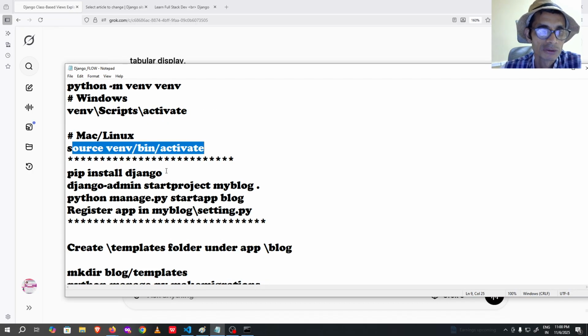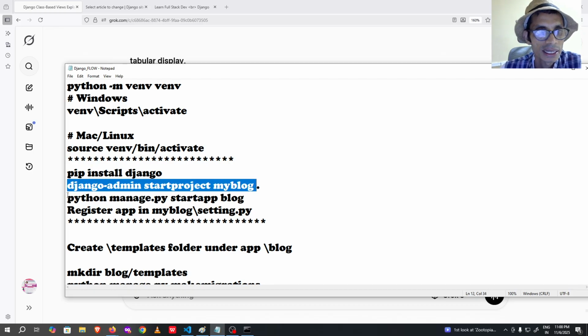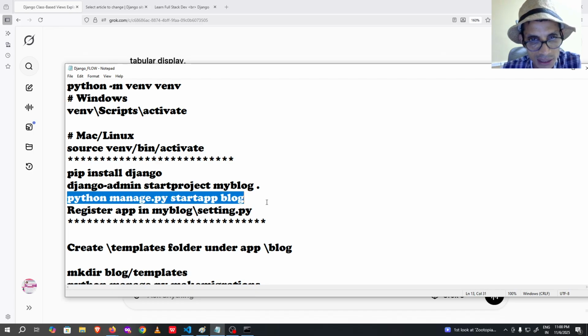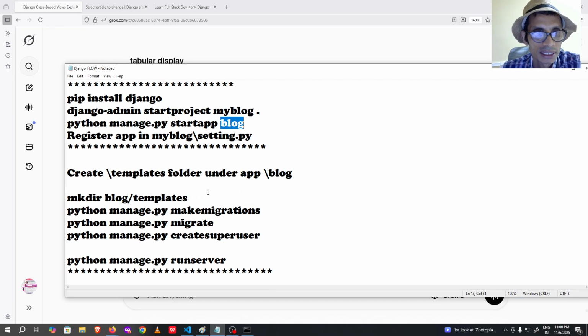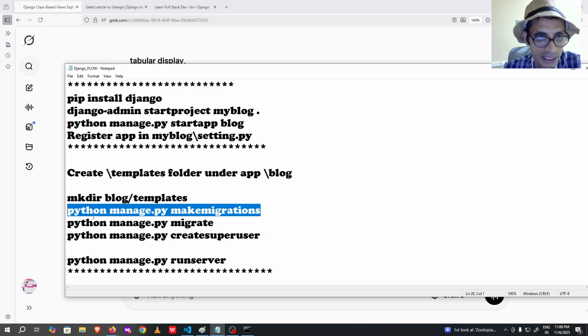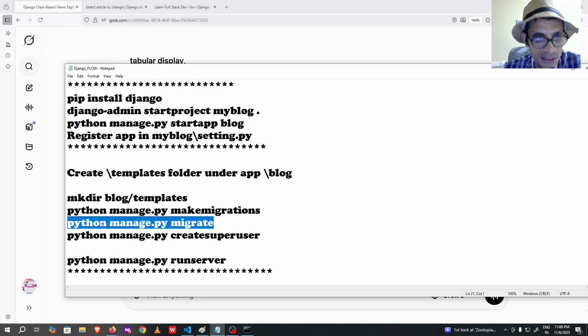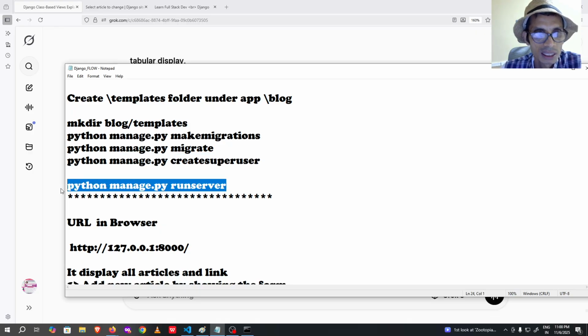Once you activate the environment, install Django and create the project using this command. Create the app using this command. Go to settings.py. Now register this blog app in settings.py. Next, create a templates folder under the app folder where you will save all your HTML files. And python manage.py makemigrations, migrate, createsuperuser, runserver, and afterwards